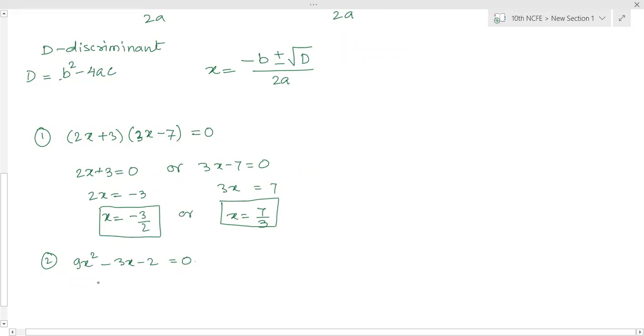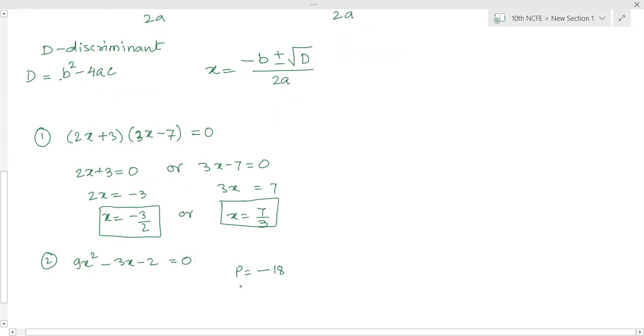These are single digit numbers, so easily we can do it by middle term splitting. This is a quadratic polynomial, a trinomial with 3 terms, so we can simplify this only by middle term splitting. You need the product of the two terms, what is the product needed? Minus 18.